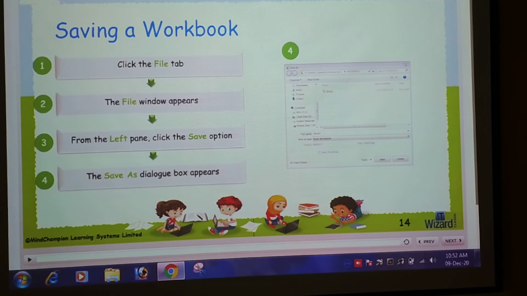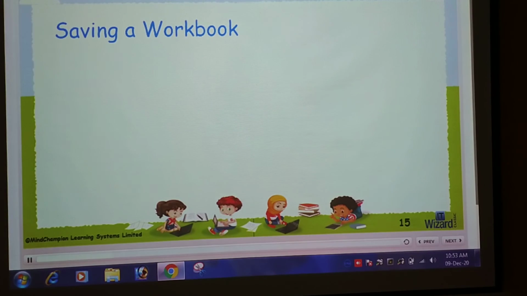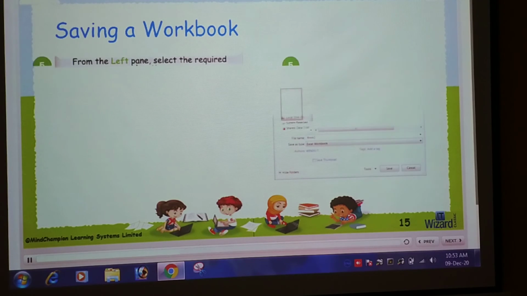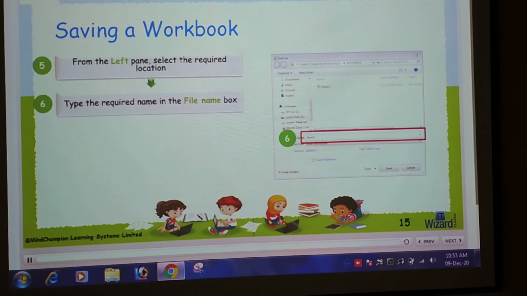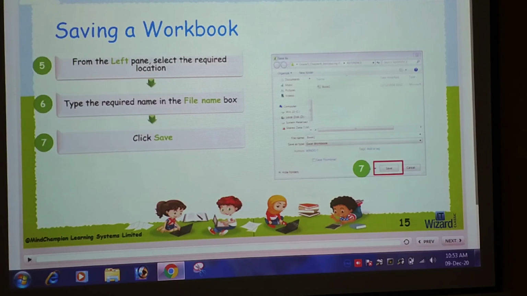The Save As dialog box appears. Then type the file name. Then click on Save. Your file is saved in the computer.